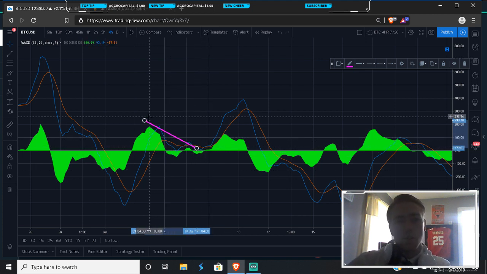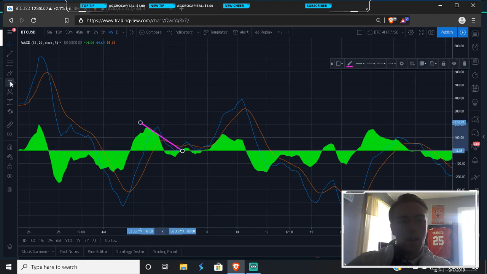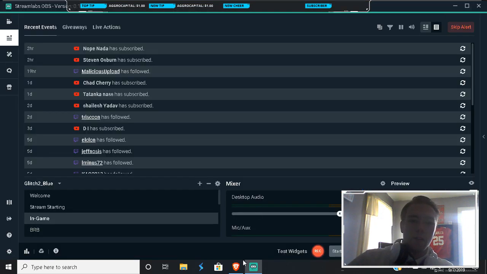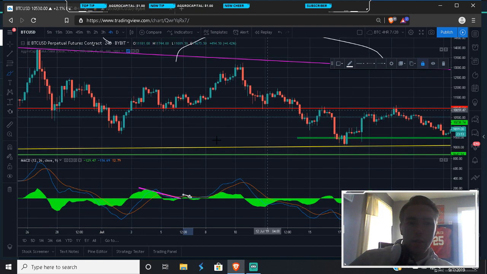So you have your much smaller wave right here. And then you see, if you look here, you have a wave of smaller bullish momentum, and you had your bearish cross right in here. So if you look, we get out of our MACD, you can see here, if you go from the top of this momentum wave, which is right here, so you go from here,